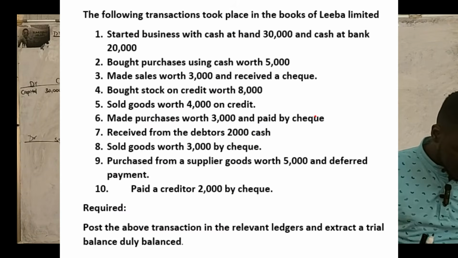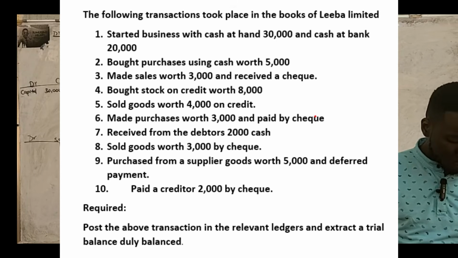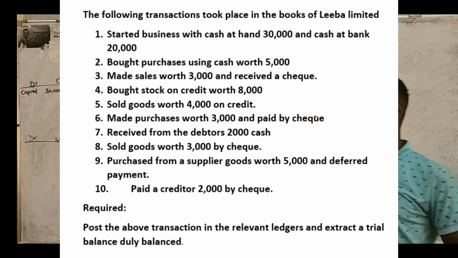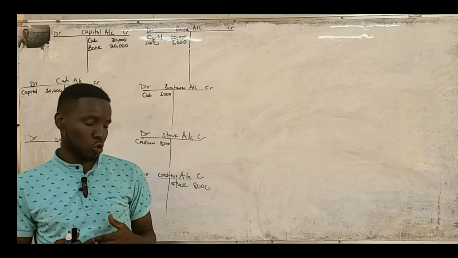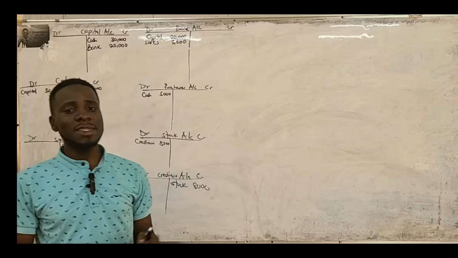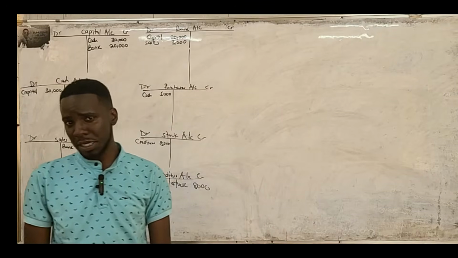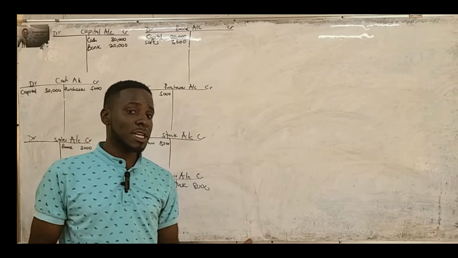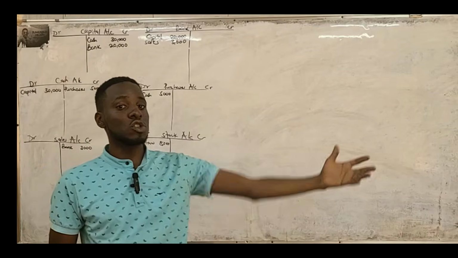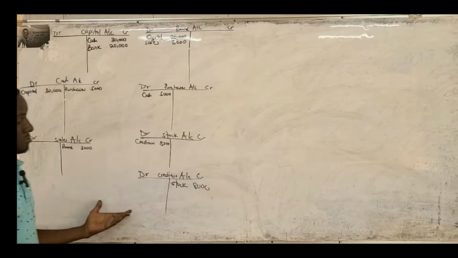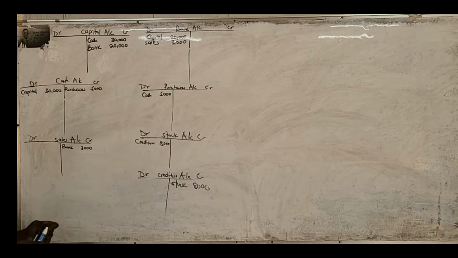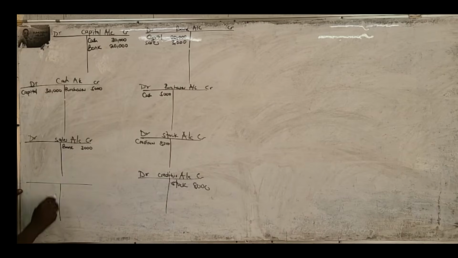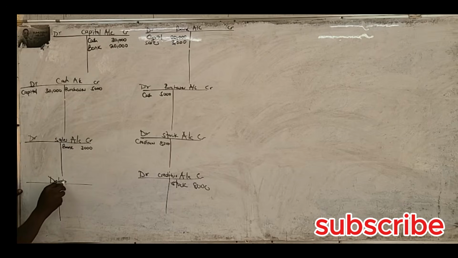Then the next transaction says sold goods worth 4,000 on credit. Now remember, the other time it was us getting stock on credit, okay? But this time it's us selling goods on credit. So it means we are actually giving these goods to a debtor, okay? Now, because of that, you're going to open up two accounts still. We have the sales account and the debtors account. So we come here and say the debtors